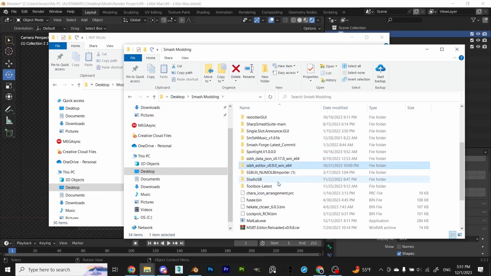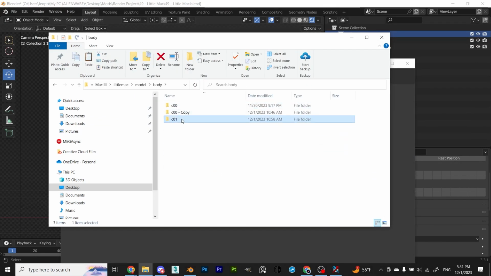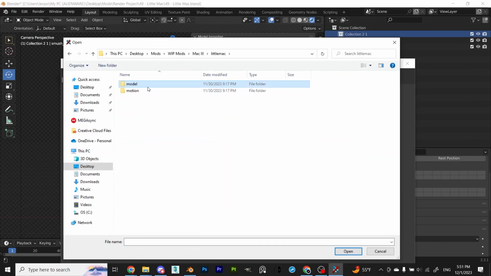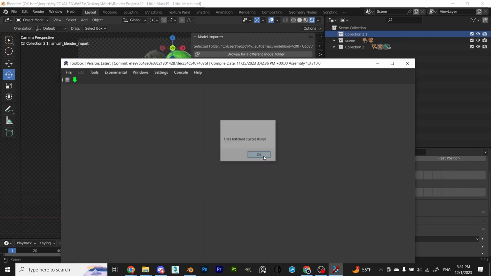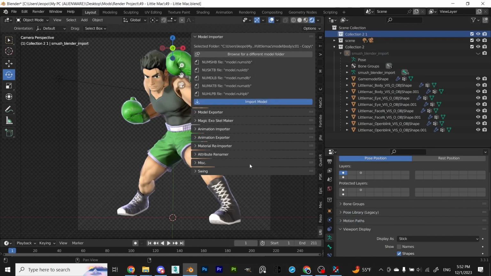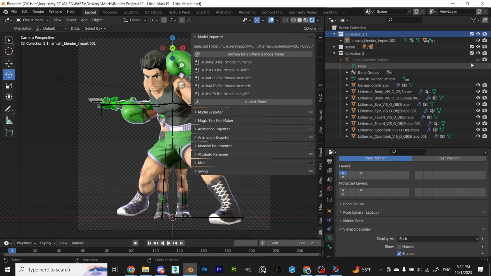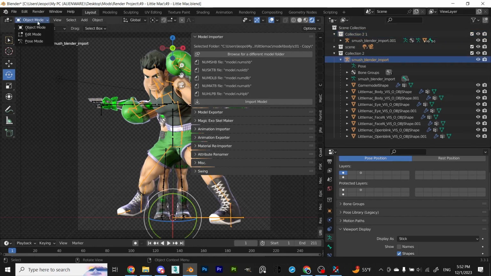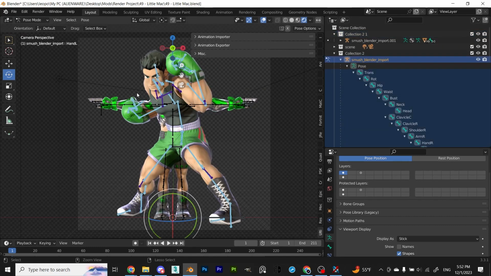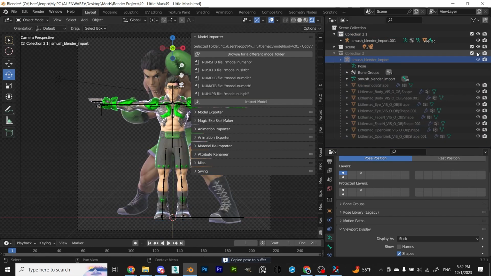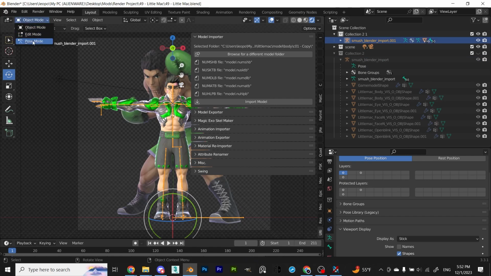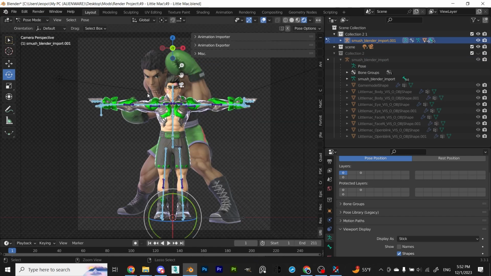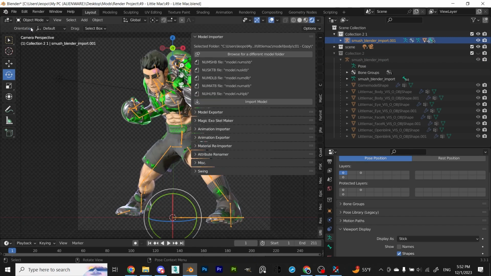I copied my modded folder and exported the textures so that I can import it into Blender. Again, not required for Blender 4.0. Anyway, import your mod into the setup blend and select the armature from the setup file. Go into pose mode. Select all bones by pressing A and copy them with Ctrl+C. Go back into object mode and select the imported armature. Go into pose mode, select all bones by pressing A and paste with Ctrl+V.